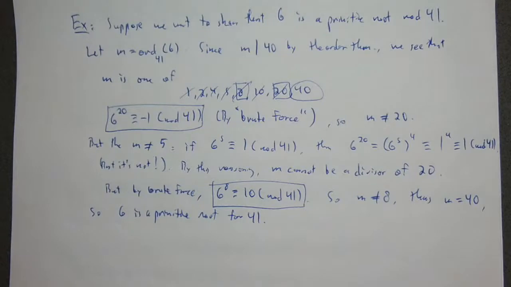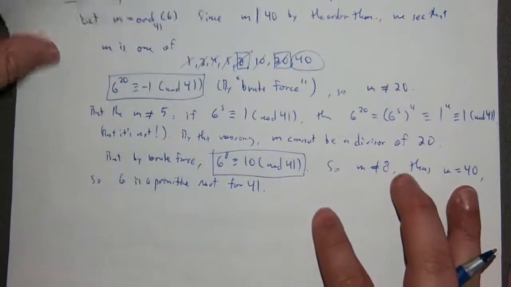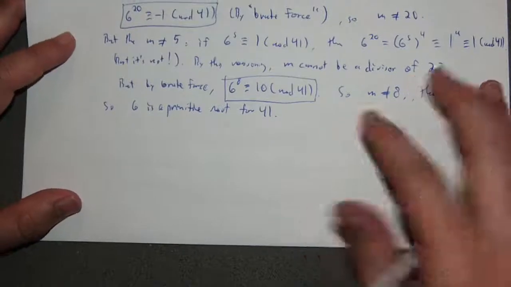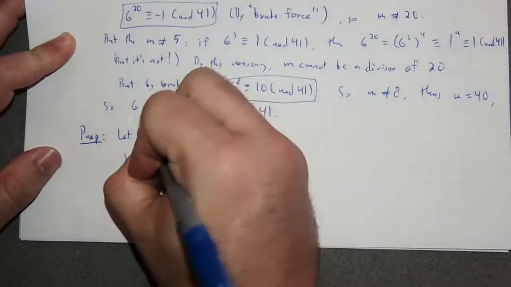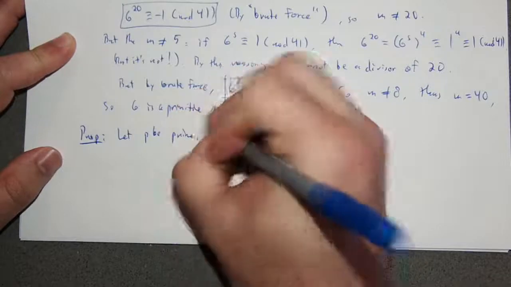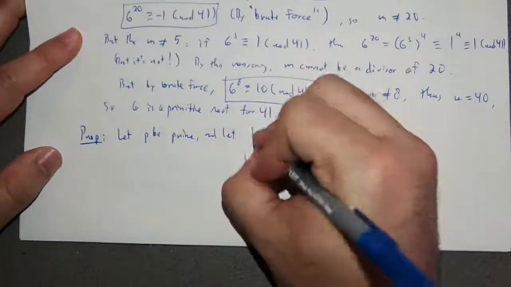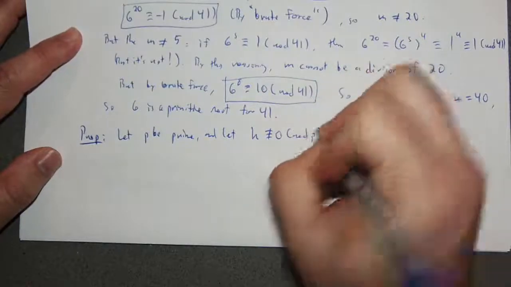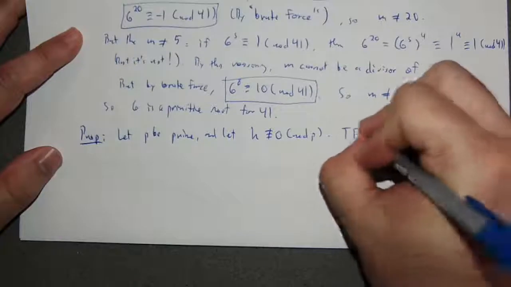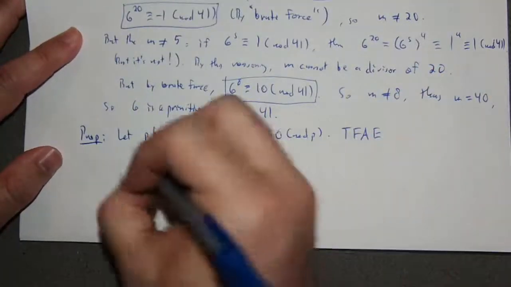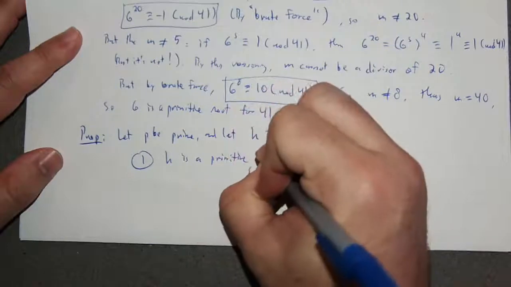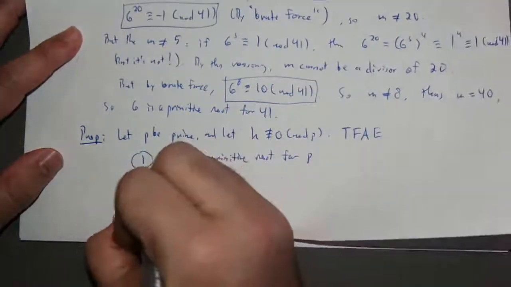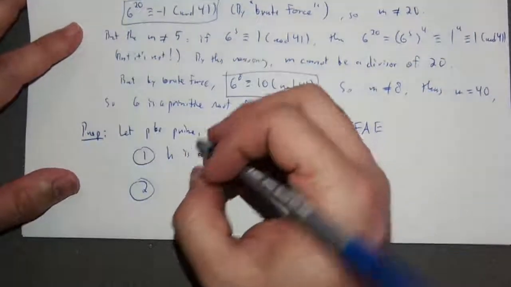Okay. So what we did here, written out more specifically, is the following. This proposition: let P be prime and let H be not congruent to 0 mod P. The following are equivalent. One, H is a primitive root for P, and two, for each prime L dividing P minus 1,